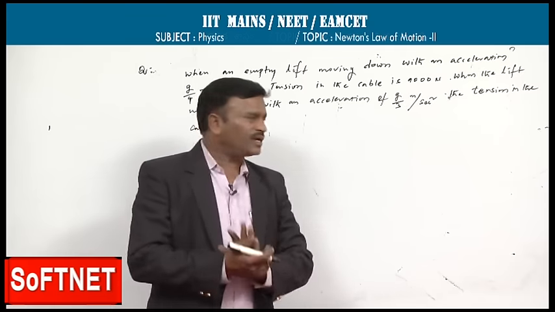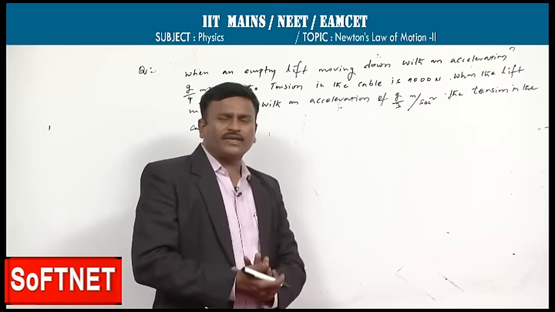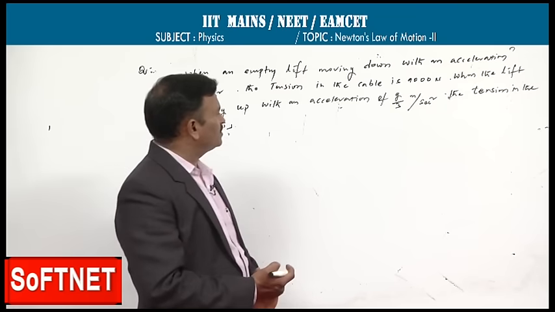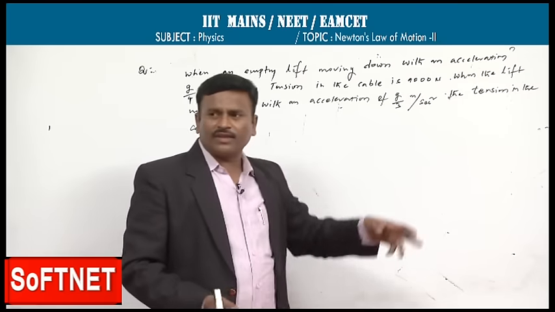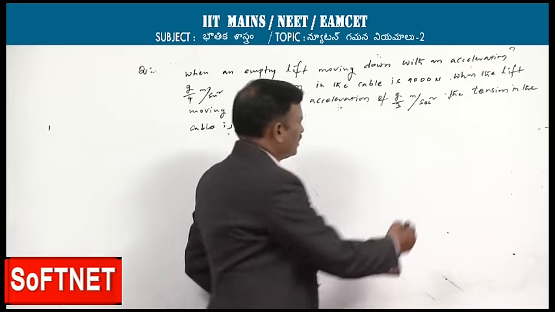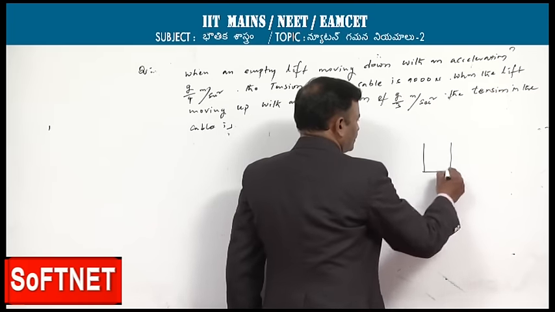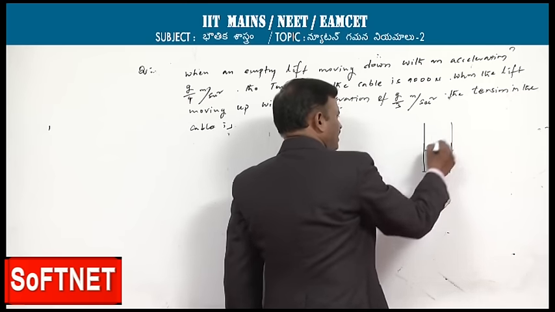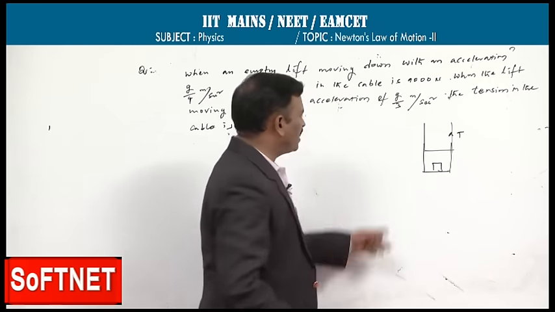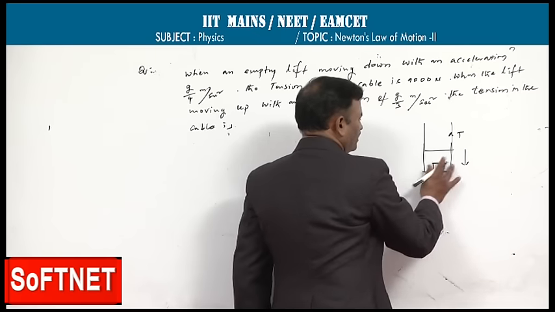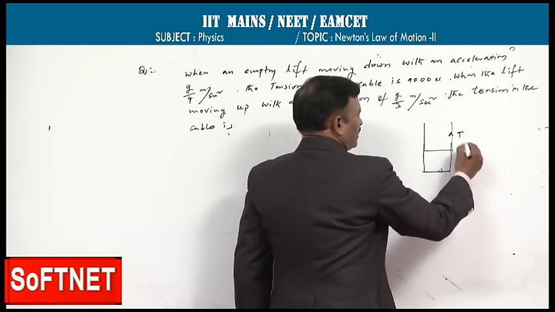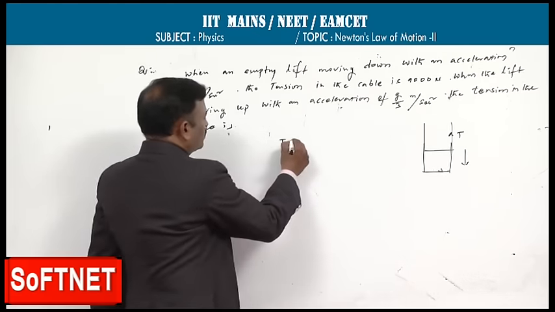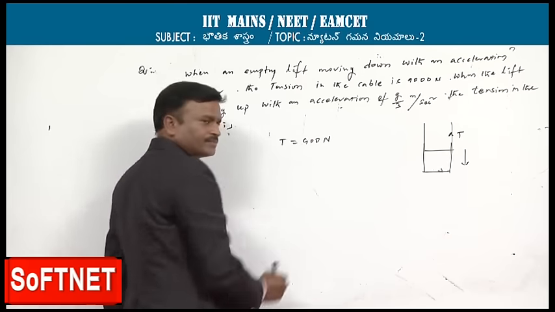Here the lift is moving down first, and as the lift itself possesses some weight, the cable of the lift will attain some tension. The tension when it is moving down is given, that is T is equal to 900 newtons,